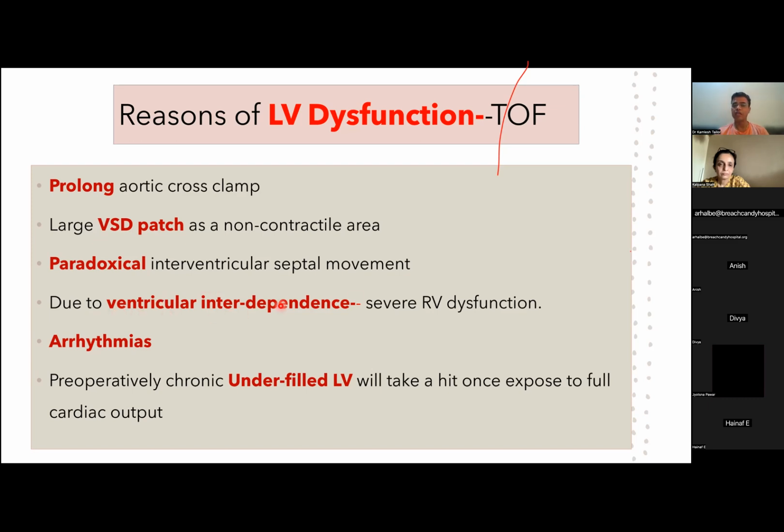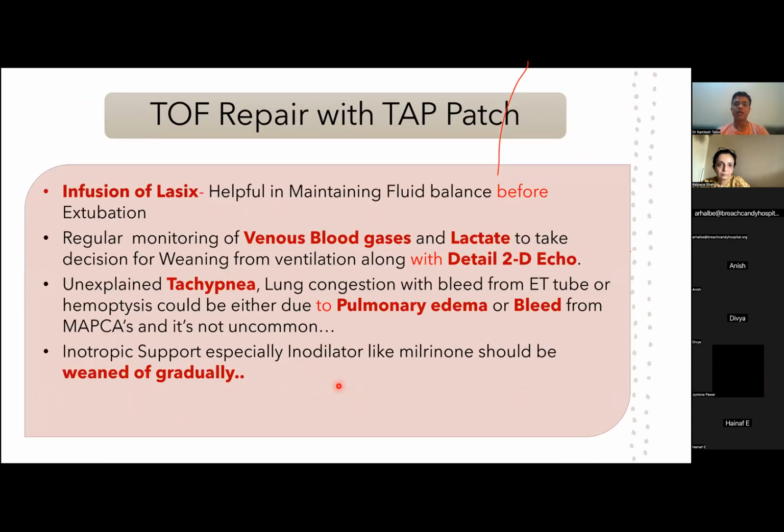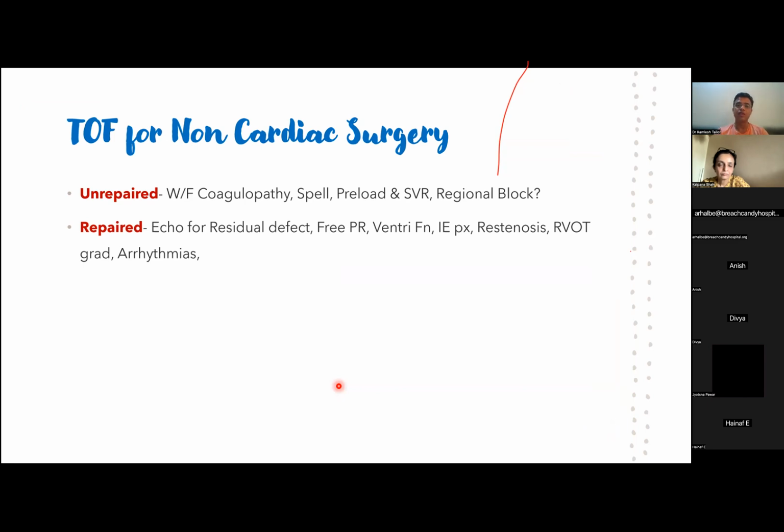Because of ventricular interdependency, severe RV dysfunction leads to LV dysfunction. Arrhythmias and a preoperative underfilled LV will cause LV dysfunction postoperatively. Managing these patients postoperatively, I think we will not go into much detail because that will not be part of our discussion. So I'm skipping this slide and directly going to the last slide, which is TOF for